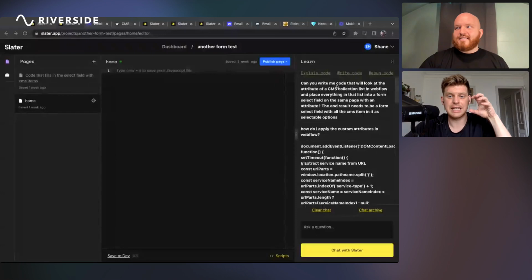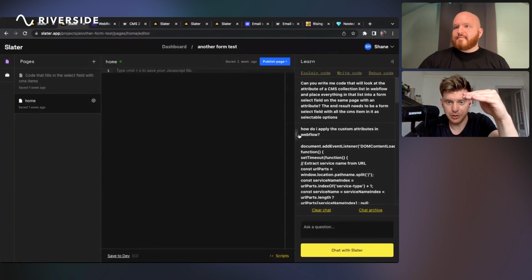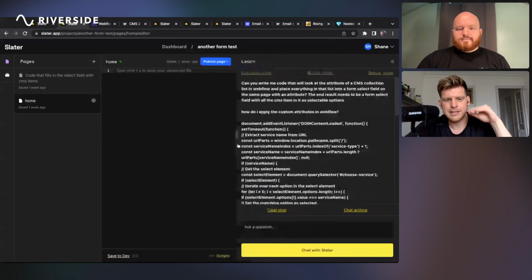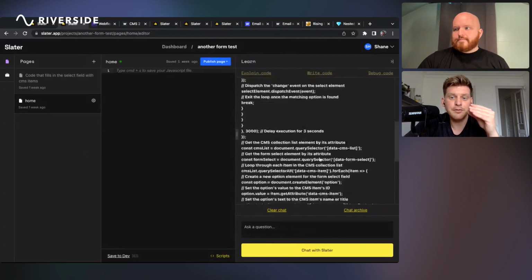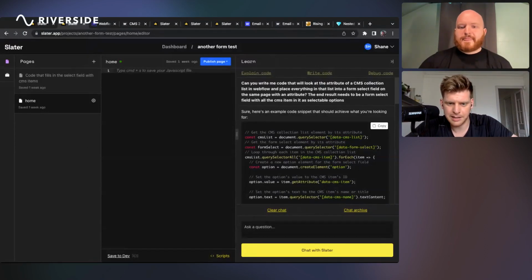Yeah, and just to say off the back of what you just said, I think it's important to say that JavaScript does look quite intimidating if you don't know it. But just knowing some key words so that you can give a prompt that is enough to get you like 90% of the way there seems to be enough, as you're trying to just make something. And then the refinement comes the more you prompt the AI and Slater. So I think it's really important to highlight that.